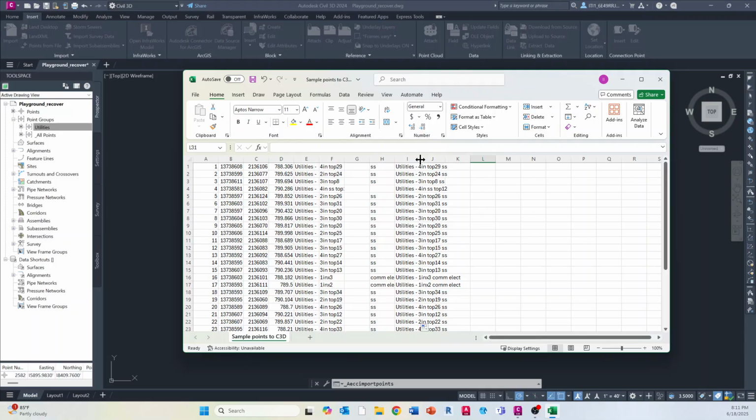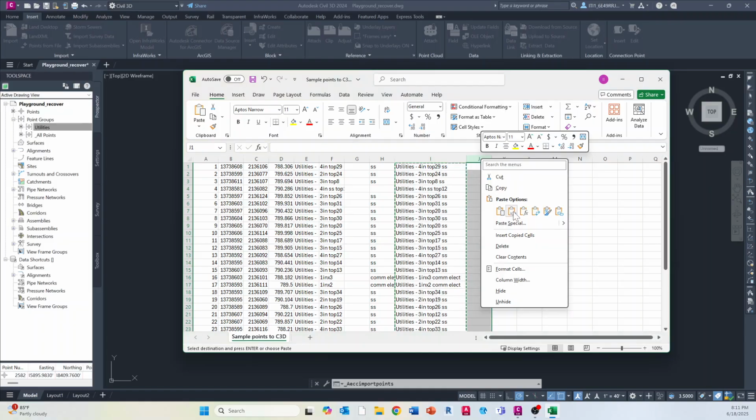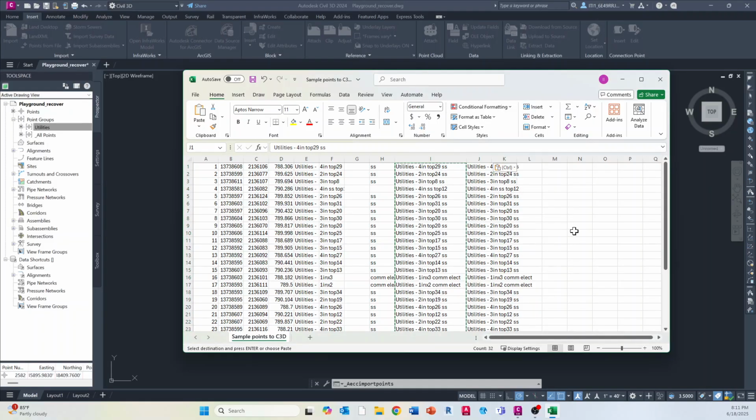Now, this information here is only a formula, so we're going to have to copy this and then paste the values only. Once we've done that, we can now come in and delete all of these columns out,